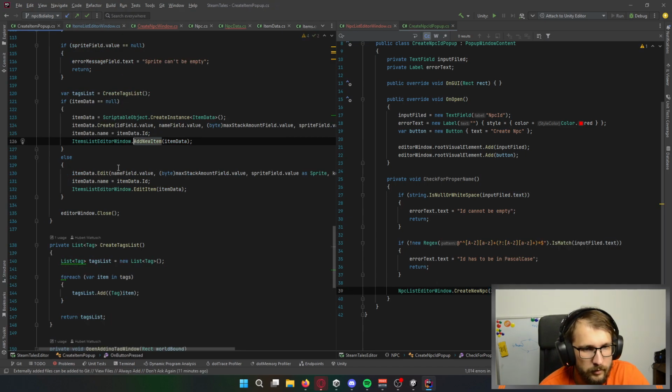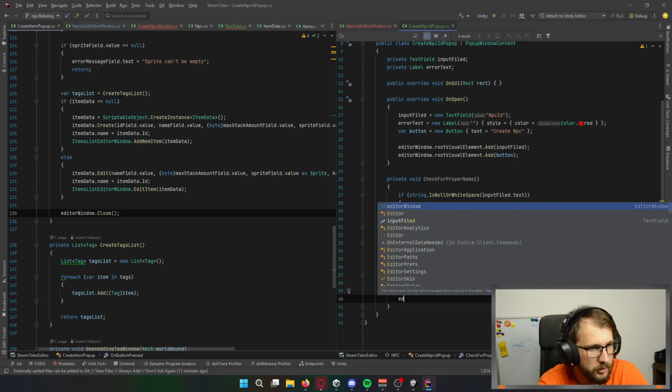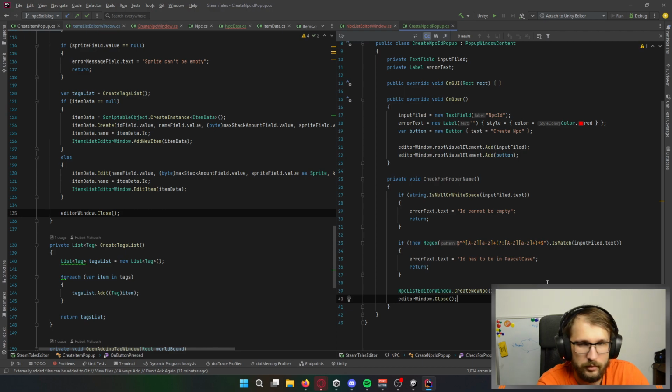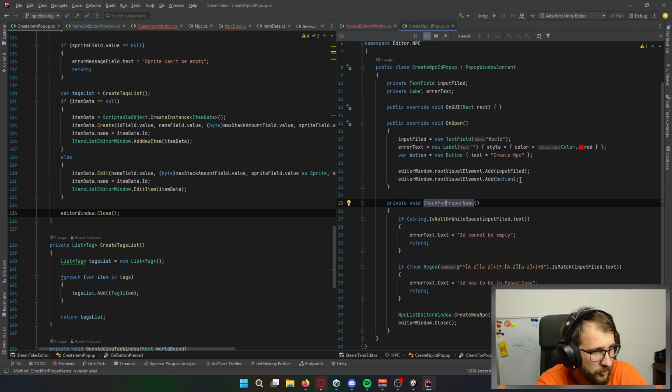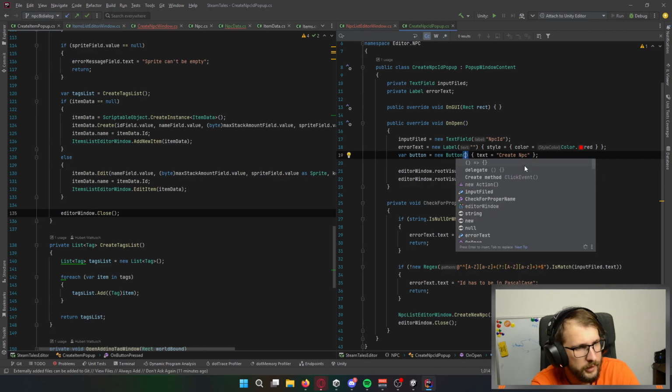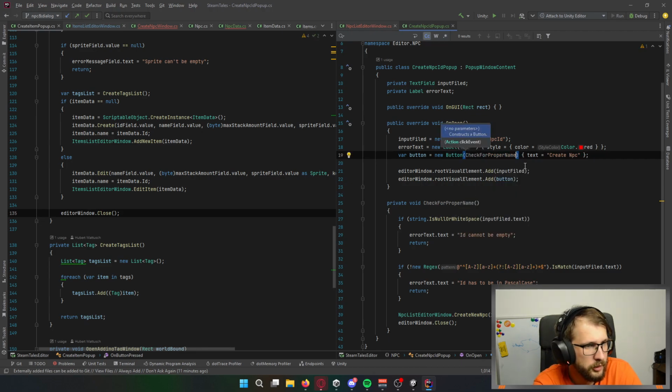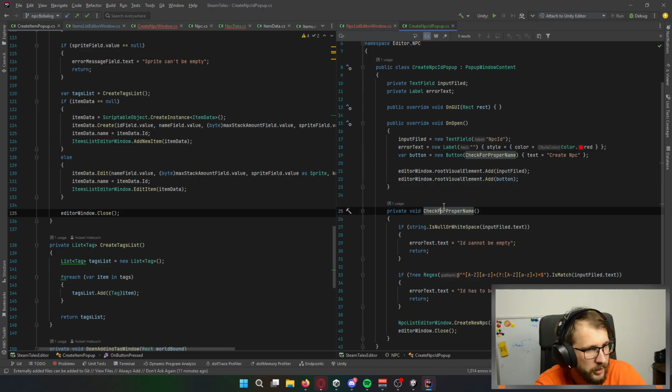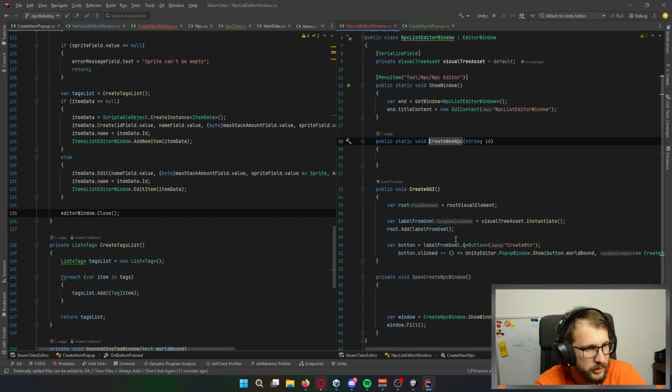And I can close this window. Okay, so here with this button I can add this check for proper name behavior, so it's creating my NPC.